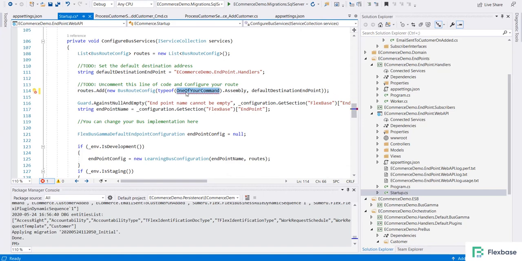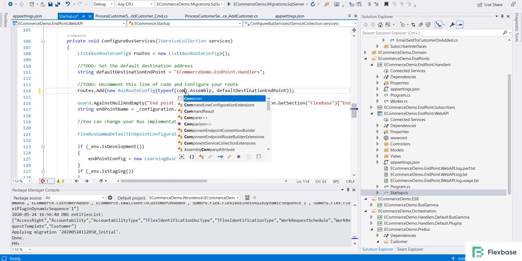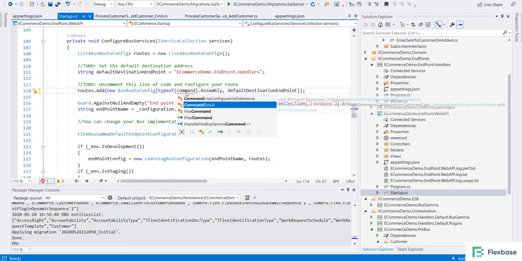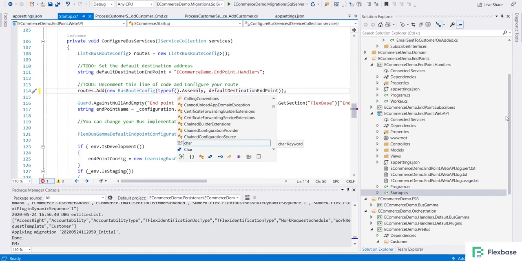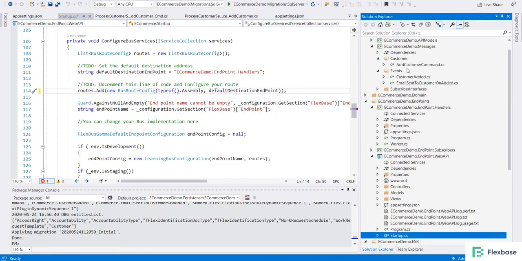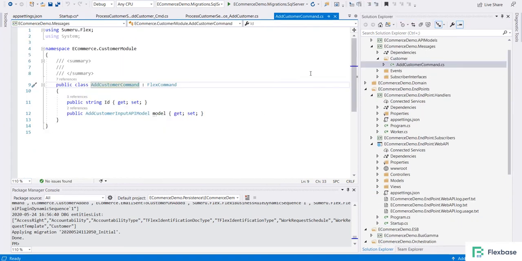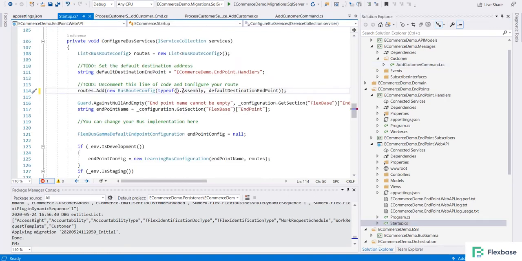Now, one of the commands. So we have the command. Let's go and see the file name first. Add bus command. The namespace is e-commerce.customer module. So we can do the using namespace, or we copy the command and add the using namespace.